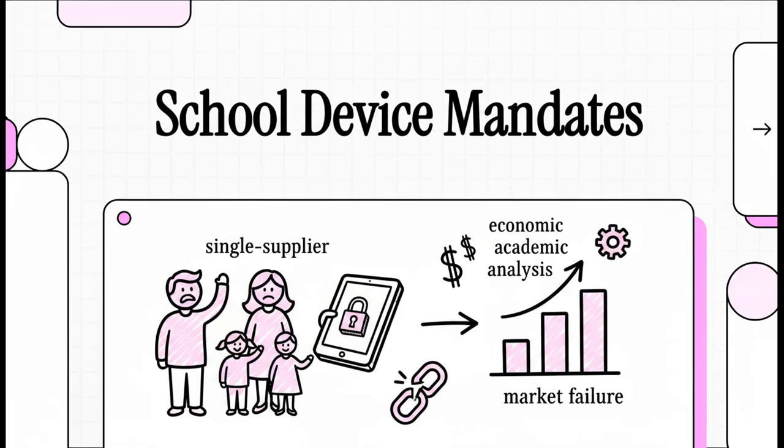Welcome to The Explainer. You know that sinking feeling you get when you look at a back-to-school shopping list? Yeah, specifically the part where you're suddenly required to drop €600 on a highly specific tablet from literally one single school-approved supplier. Well, today we're taking that incredibly relatable, honestly visceral frustration and we're grounding it in economic theory. We're going to explore how a totally common administrative mandate basically crashes headfirst into the academic realities of a broken